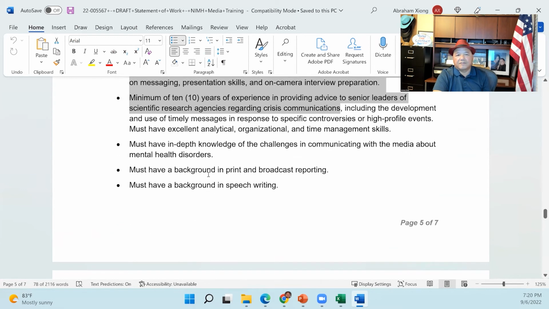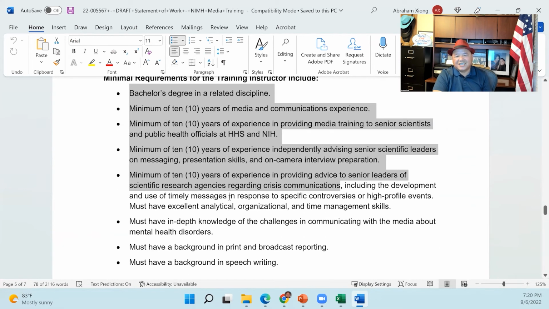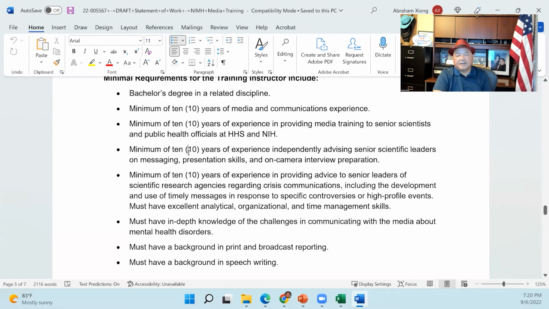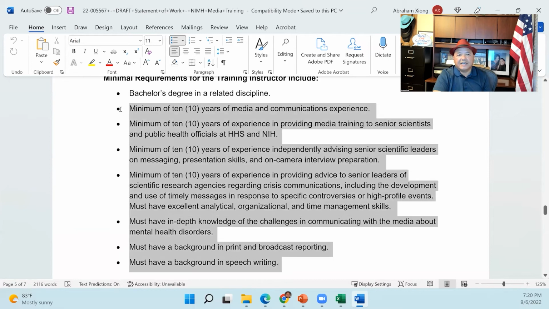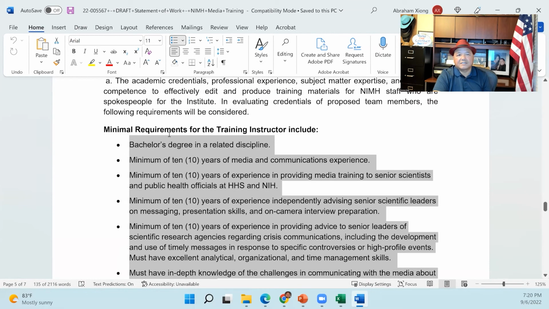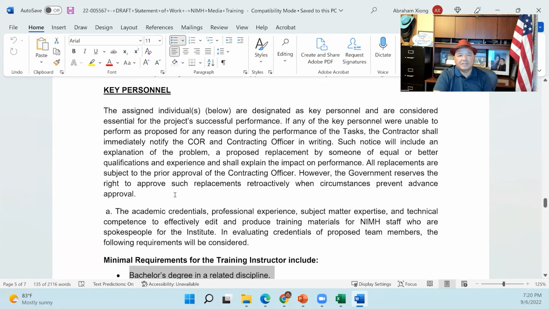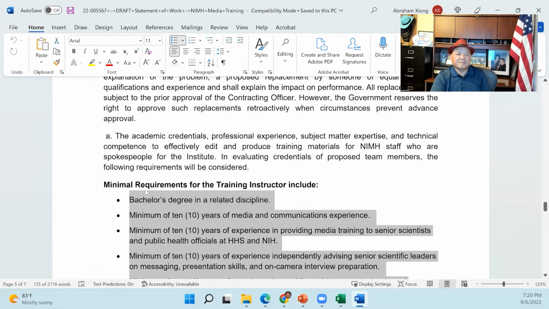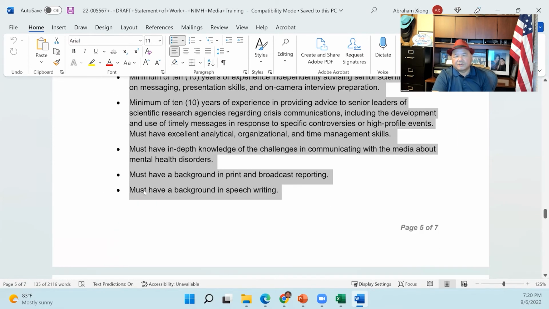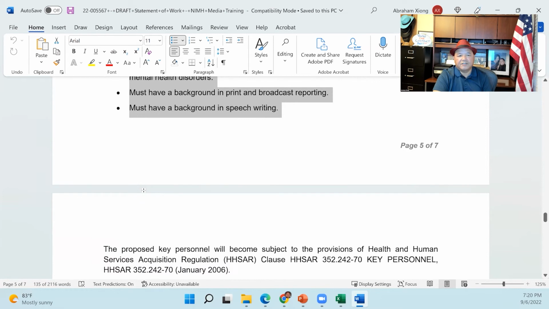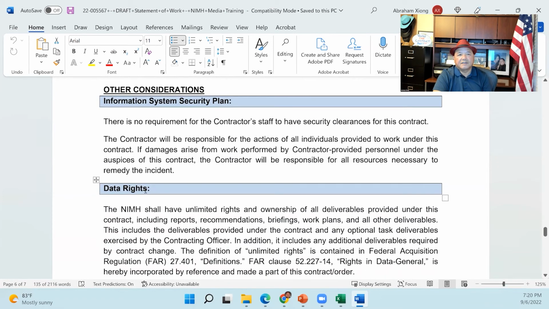And so if you don't meet these minimum requirements, generally don't waste your time writing a response. Now, since this is a sources sought only, you may still write a response and then look for the person. They're probably going to ask for a resume. So you want to find a resume of somebody and submit it along with this. And you don't have to use that person. You just need a resume of a person. And then there's a contingent to hire document that you can use along with this here, if you yourself are not the key personnel.